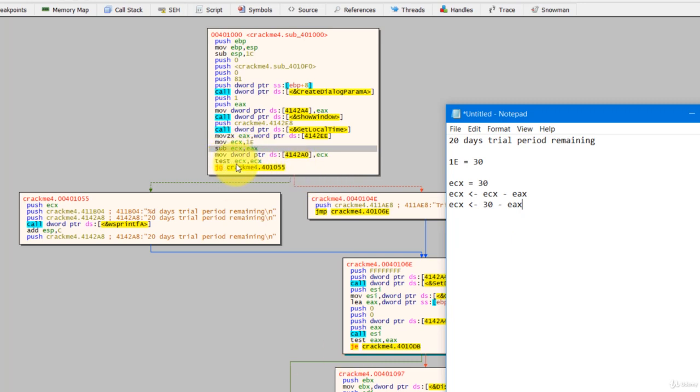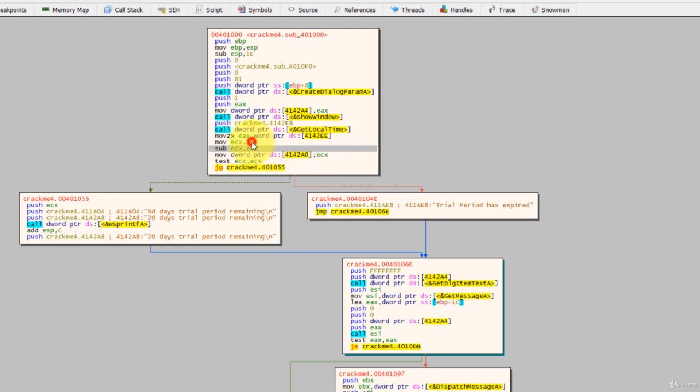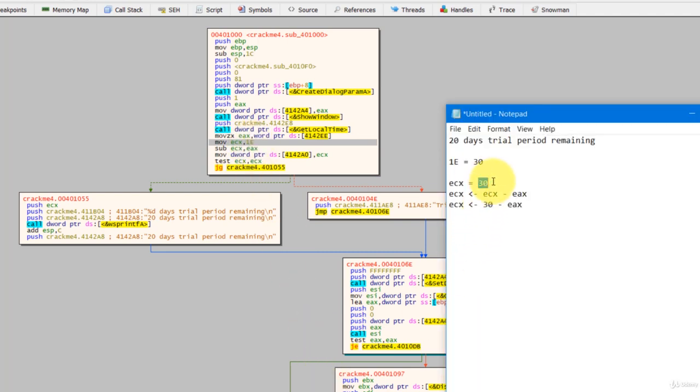will be bigger than 0. Yes, it will be bigger than 0. So if you want this number to be as big as possible, this value should be as big as possible. So what we need to do is to crack this line, patch this line to put a big number, for example FF. So if we were to assign FF, that means if we assign FF to ECX, sorry, it should be ECX, and FF in decimal means 256,